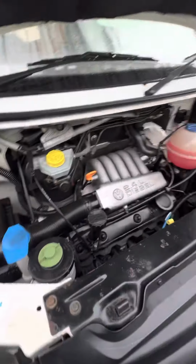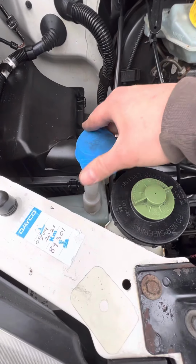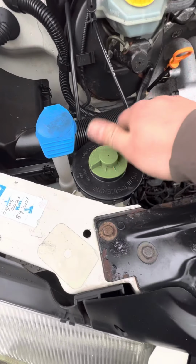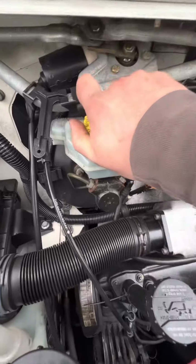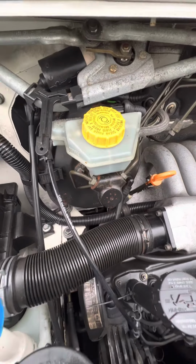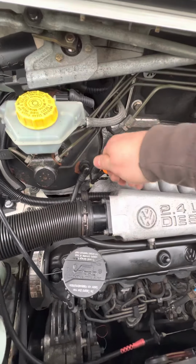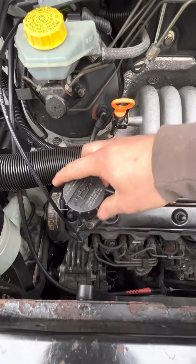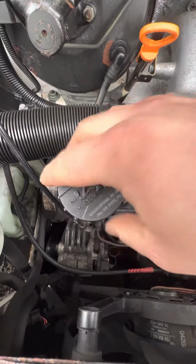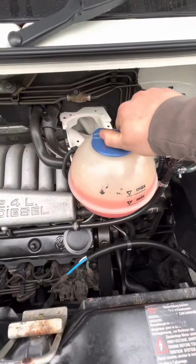So if we start under the bonnet, you've got your washer fluid over here on the left hand side. Power steering fluid sits here at the very front. Brake fluid is just up here in this top reservoir attached to the servo. Your engine oil dipstick is this one just here with the orange top. Engine oil actually goes in through this cap just here, and your engine coolant is this one just up